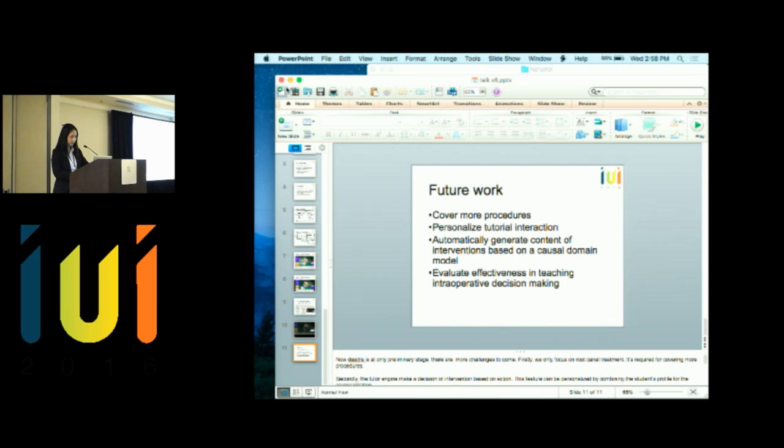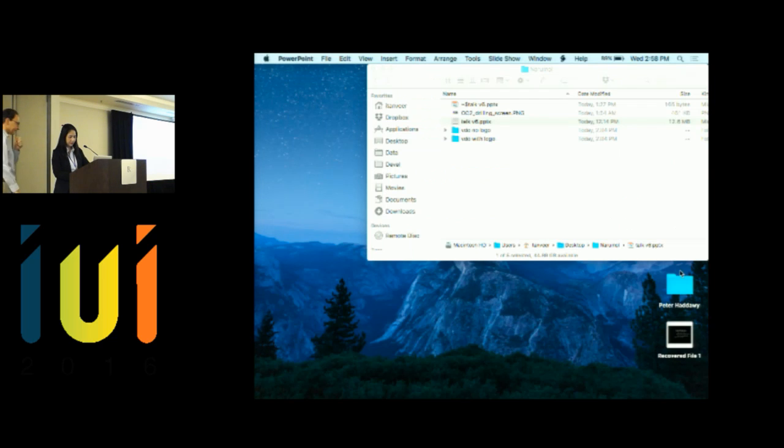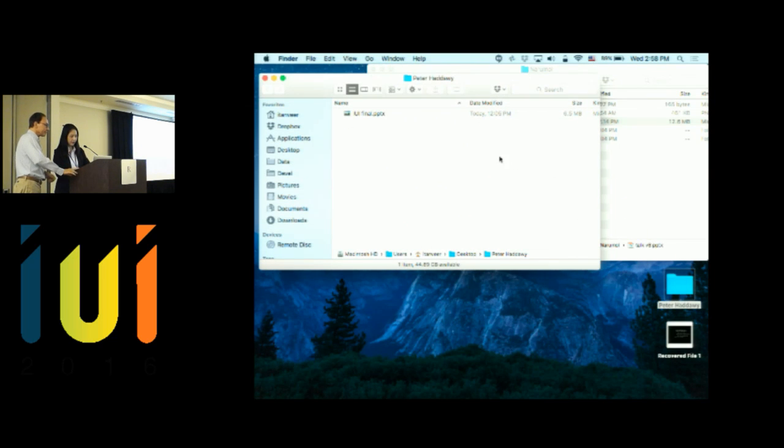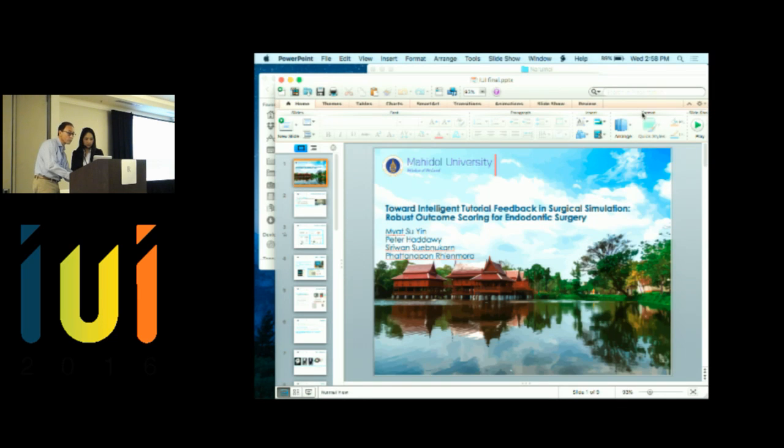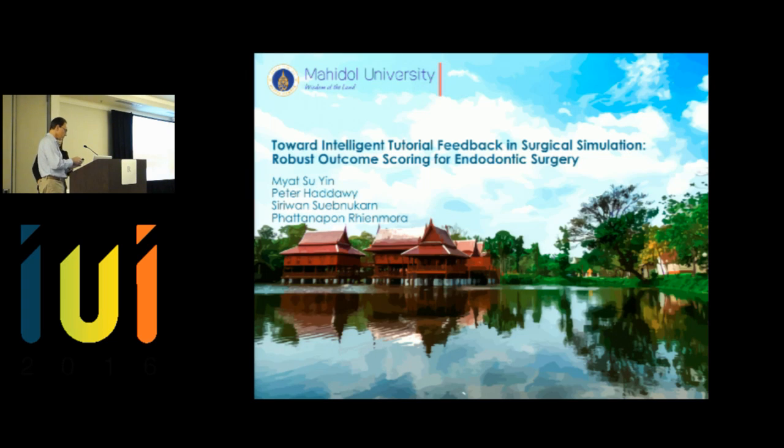The next talk, I guess, will be presented by Peter Hadavi. We still have the same talk from the same group, unless I'm wrong, because I see some common authors. So if you still haven't had a chance to ask your question about this interesting simulation environment, you still have it for the second talk. Okay.